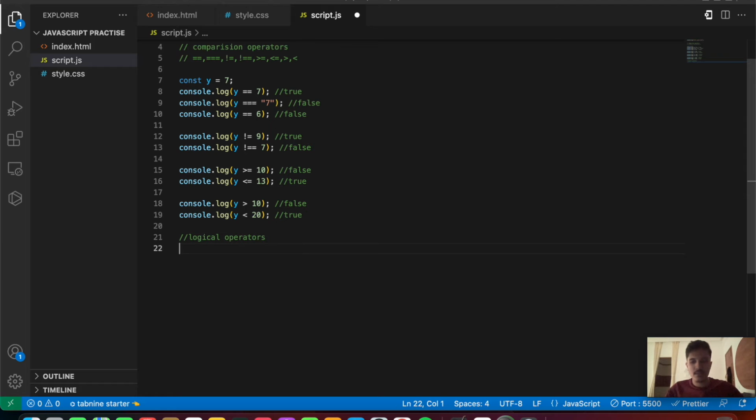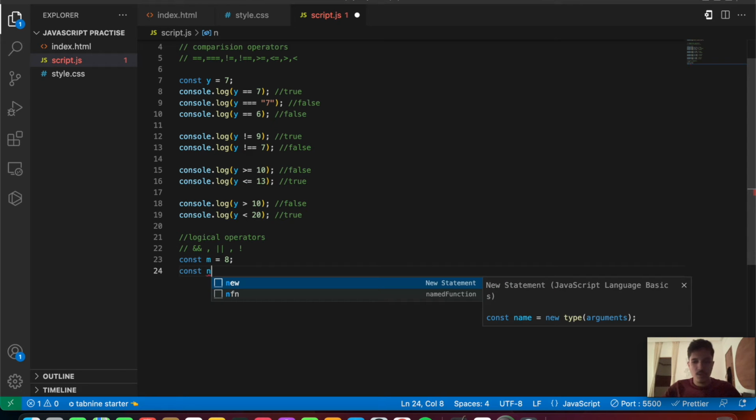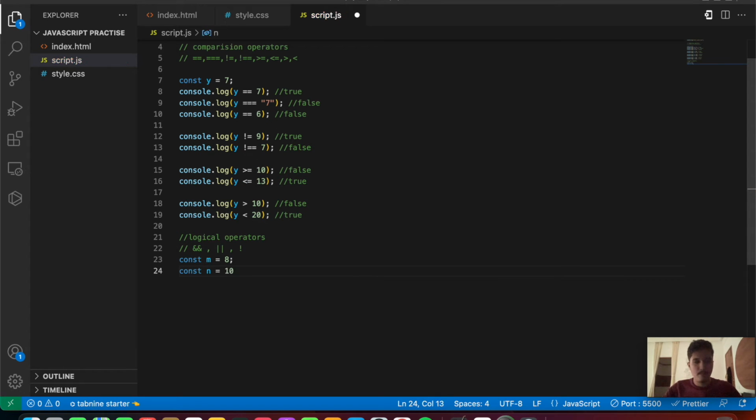So, logical operators. Some of them are and, or, and we have the not operator. Okay, so let's initialize two values, that is const m equals 8, and then const n equals 10. Okay, so let's say console.log